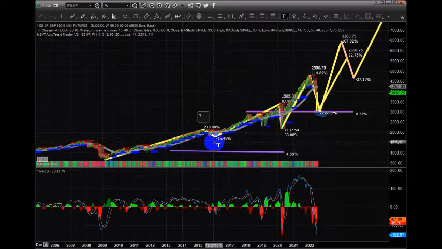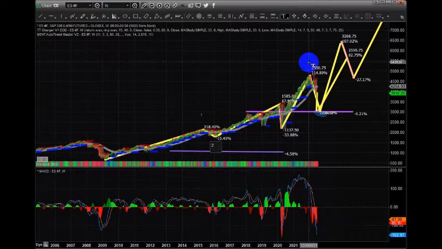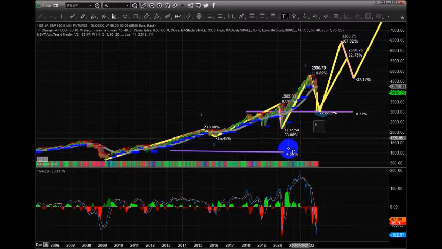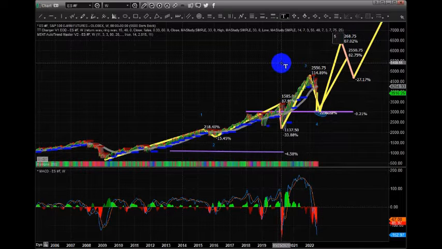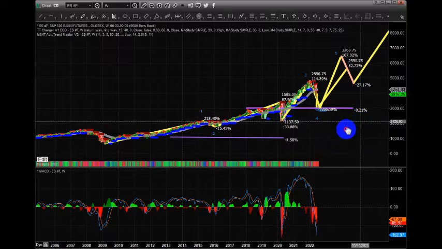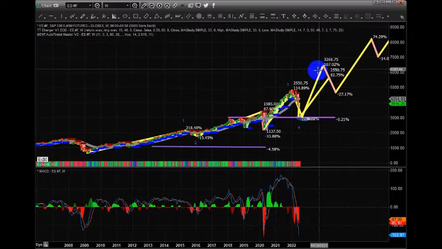This is wave 2. This becomes wave 3. This should set up wave 4. And then this would end up being wave 5 up here. And I want you to understand then that we have a wave 5 peak, which will likely end and form